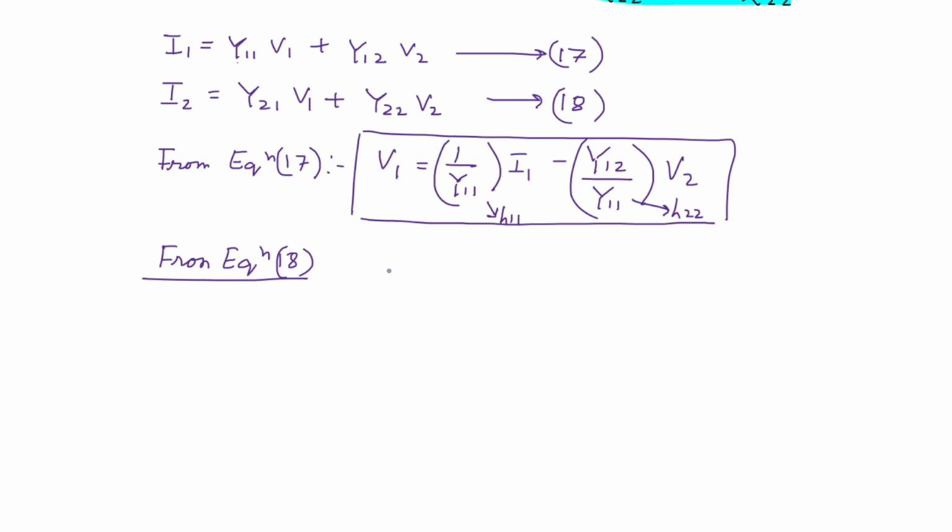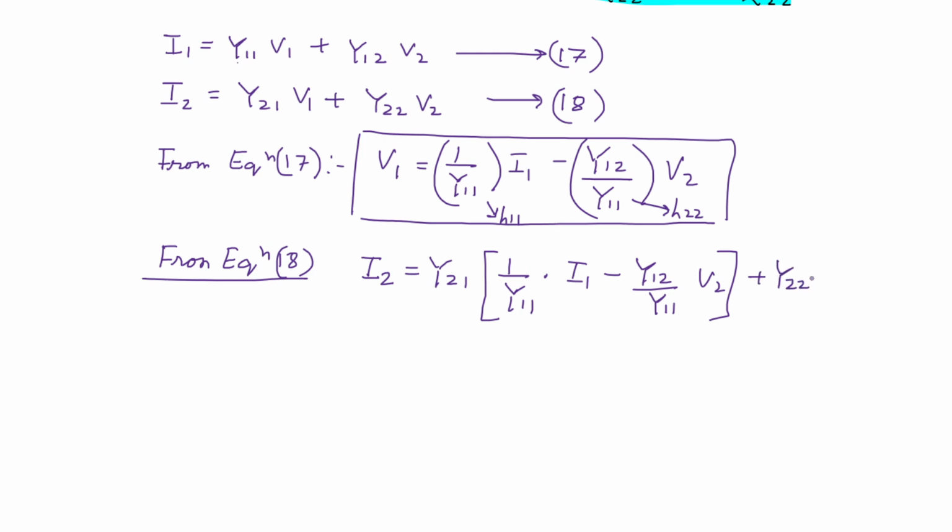So from equation 18 it should be I2 is equal to Y21 into V1. So V1 is this 1 by Y11 into I1 minus Y12 by Y11 into V2 plus Y22 V2. So therefore I2 is equal to